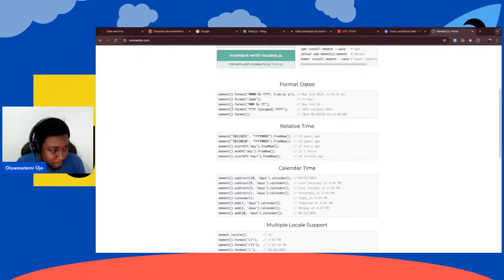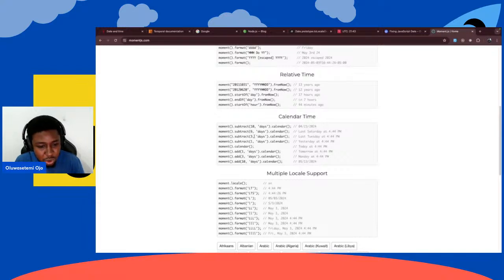However, Moment also has some size problems. I don't know, they don't do tree shaking, right? And another thing, I think here it has access to calendar time, so you can subtract 10 days, right? Subtract 6 days, right? And it will give you this interesting format here. So it's just pretty much beautiful. That's why people use all these libraries, to look at what you do here, right? To just get this kind of very interesting output,